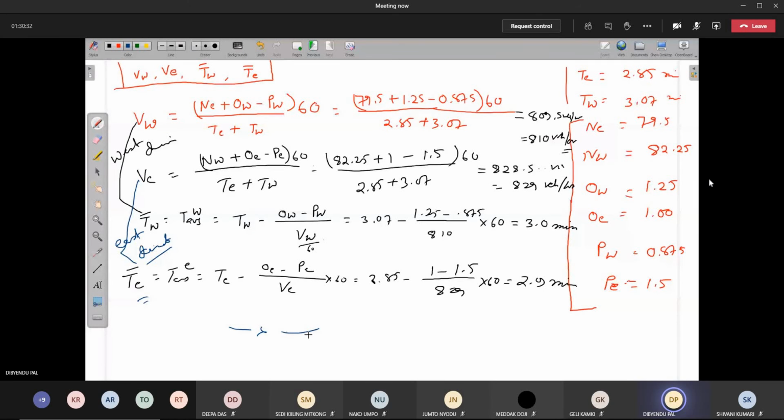Now you have to know the distance between the two sections. Then you know the distance, and you find out the difference between the times, which will give you your travel time. From there you can find out the speeders and all these things. So this is another method where we don't need a test vehicle. Since we have done it practically, I don't need to give you anything. The same things, whatever you said, you can write down. That is the method where a test vehicle is not required.